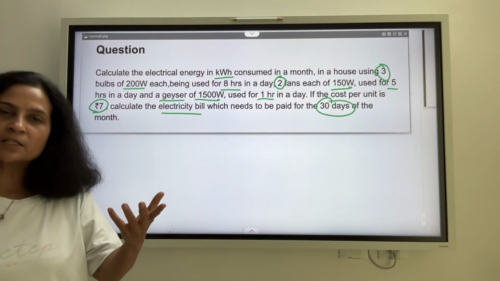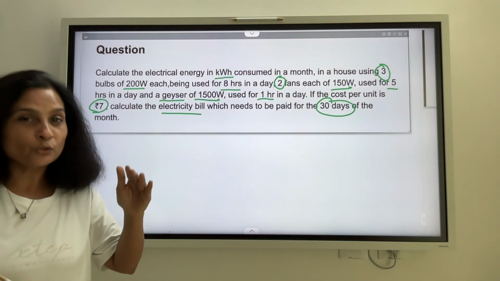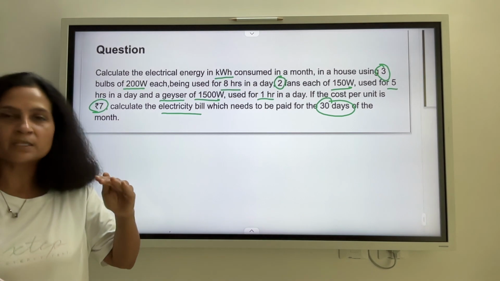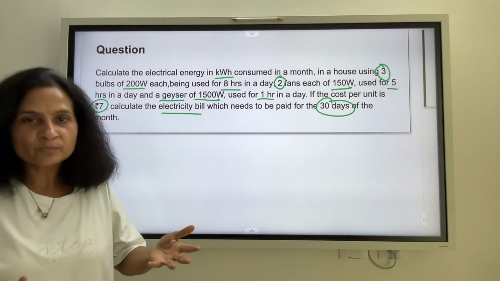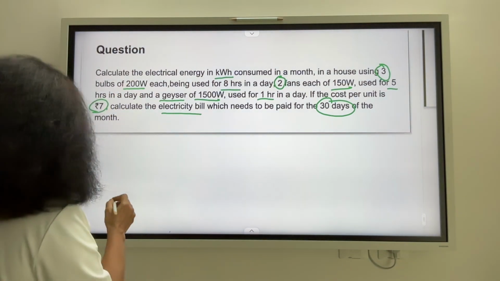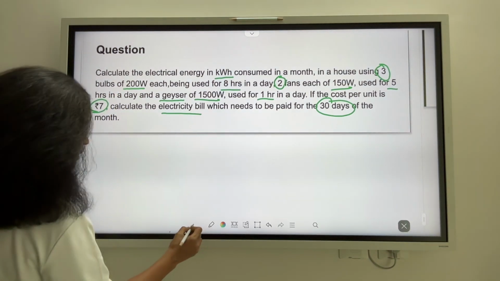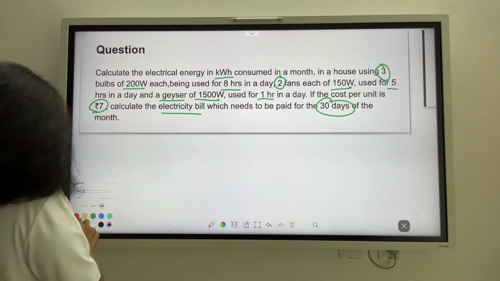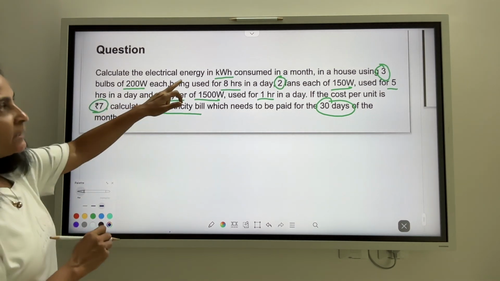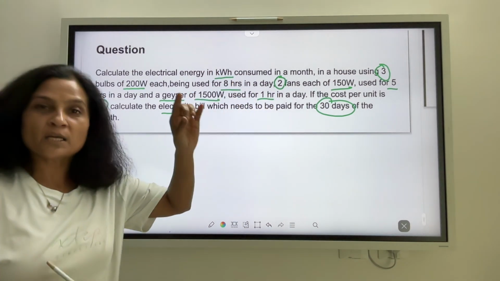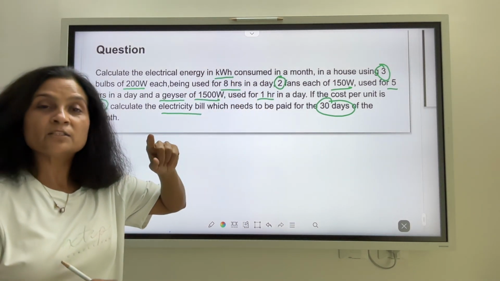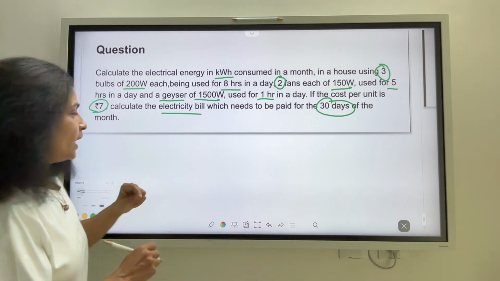Alright, so let us start calculation. Now this question looks difficult. Believe it, it's very, very simple. You just need to simplify the question for yourself. Now let us check this out. How to go about doing this question? So we know that the electrical energy consumption has the unit kilowatt hour. So that's our aim. We'll convert the energy in kilowatt. And how do we do that?